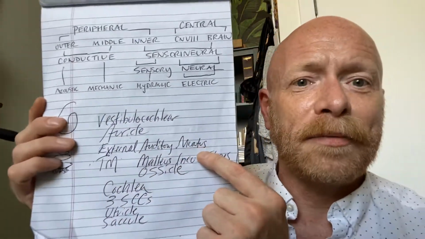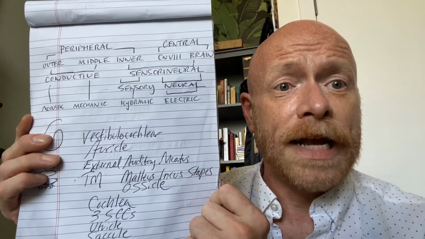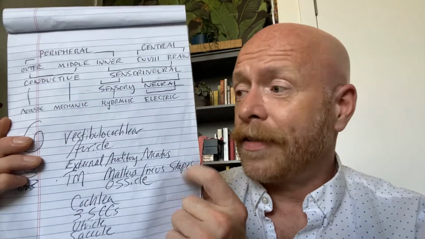So the pinna. The next part of the outer ear after the pinna is the external auditory meatus. Sorry, I've written these down on other takes and I'll just put it back up as opposed to rewriting it. External auditory meatus. That's just a long kind of $6 word for ear canal, okay? Or you can just say the EAM. Meatus is any sort of opening to some part of the body. So that's where you get the word meatus from, hole, essentially, okay? External auditory meatus. That's the outer ear, that's it.